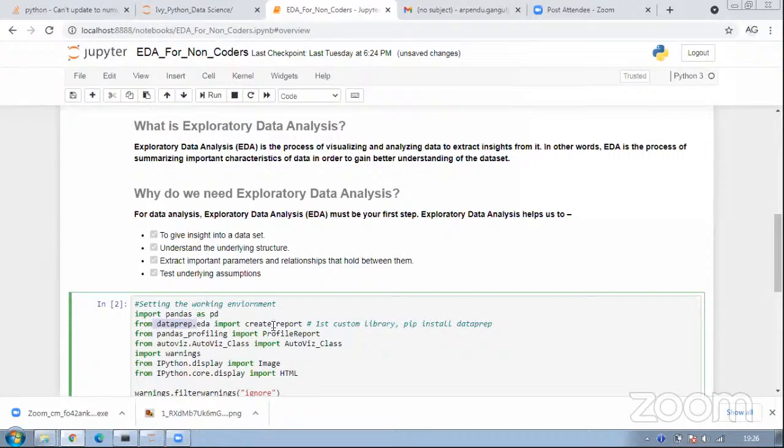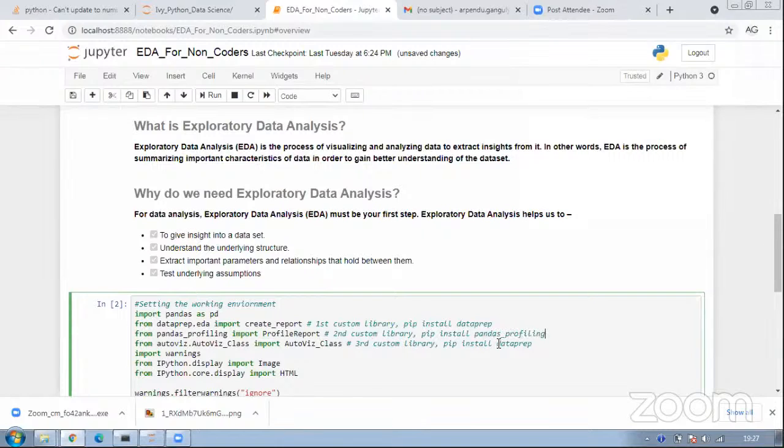And the other package we will be using is Pandas Profiling. So it's another add-on to Pandas which allows you to develop interactive charts based on EDA. So that's, I would say, the second custom library that we will be using. And the third is AutoViz. This is part of the SweetViz library, and that's the third library which we will be using. For installing pandas profiling, do pip install pandas underscore profiling.